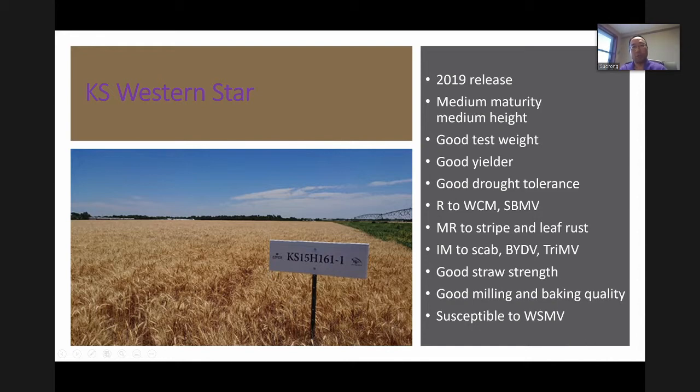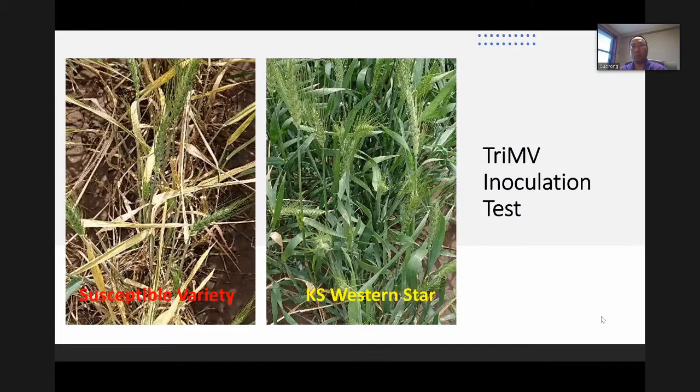So here, this picture, I just want to show you the triticum mosaic virus inoculation test in our field. I just took this picture yesterday. You can see on the left is the susceptible variety. We didn't see many heads come out. A lot of tillers might be dead already before the heads come out. All the leaves, I think, are yellow and have good symptoms on them. Western Star, you can see